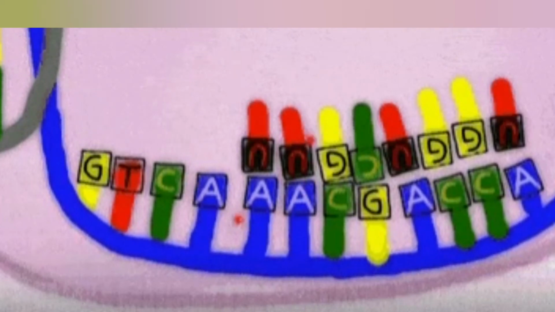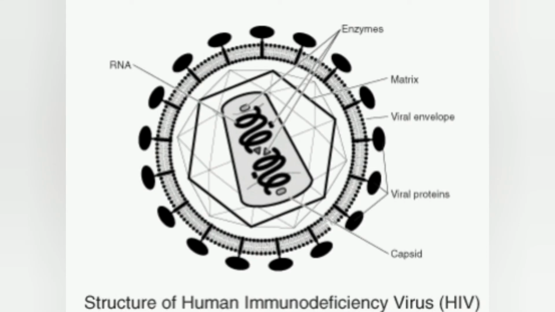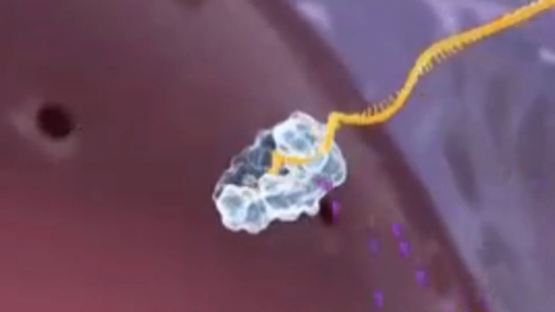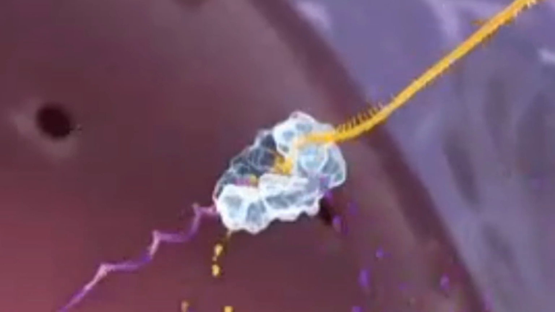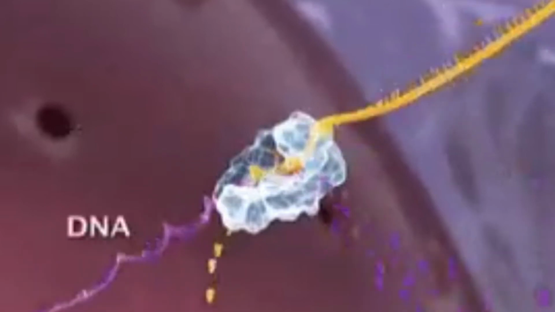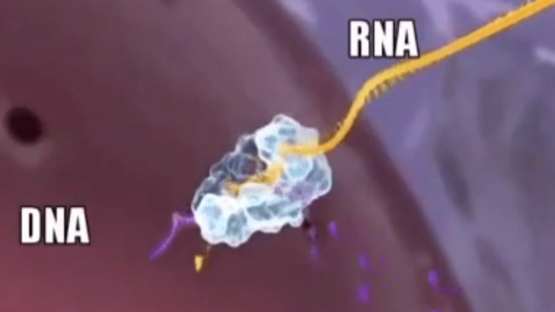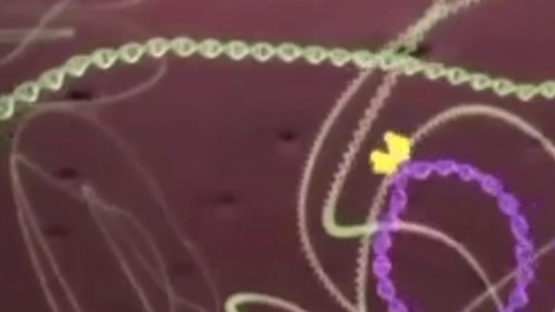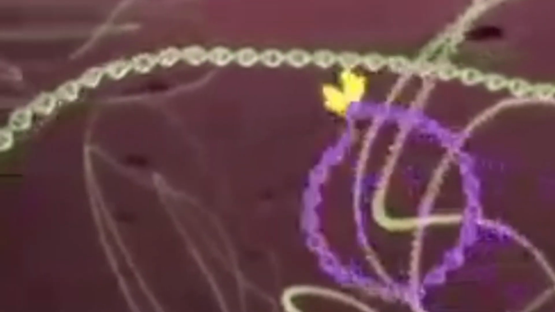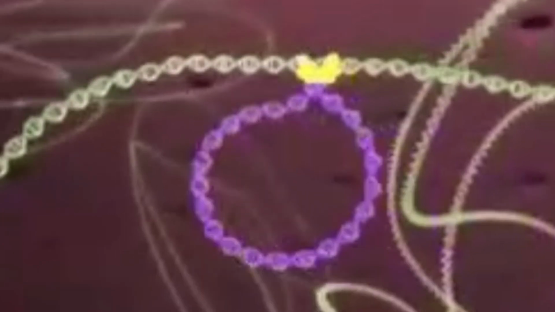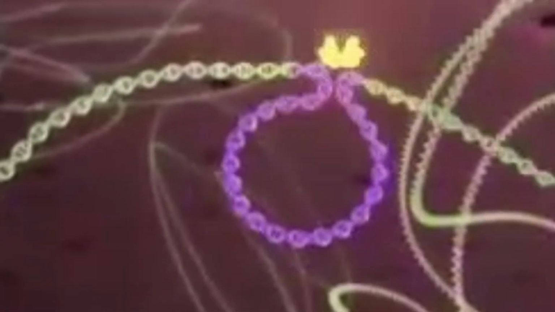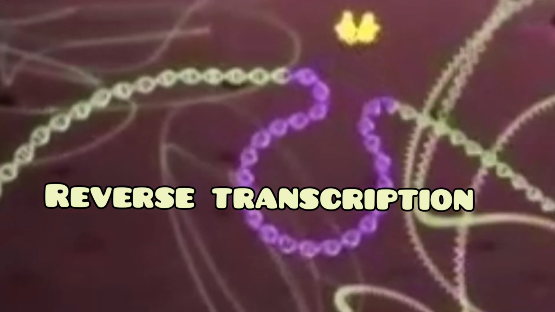Here I would like to discuss one of the exceptions, which was discovered by D. Baltimore and H. M. Temin in 1970 among retroviruses, which contain RNA as the genetic material. So retroviruses synthesize DNA over the template of genetic RNA. The newly synthesized DNA then functions as master copy, produces the RNAs through transcription, and RNAs control the translation to synthesize polypeptide. The process of formation of DNA from RNA is called reverse transcription.